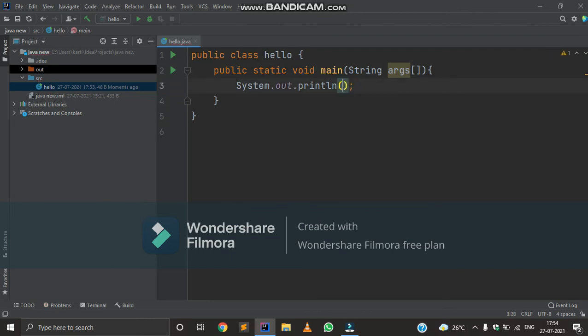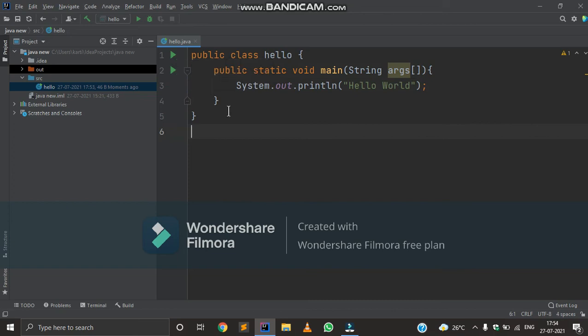We print the hello world program first to check whether the installation has been done successfully or not. So here you can see I have completed my program, so I'm going to run it.